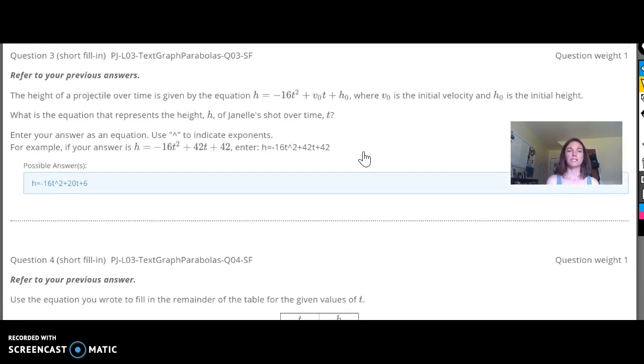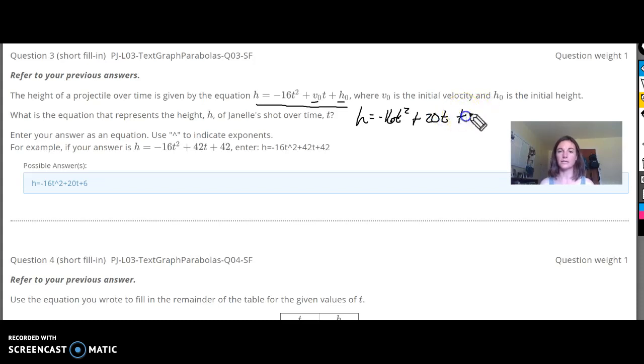All right, the height of a projectile over time is given by the standard equation. You will see this again. The standard equation, h equals negative 16t squared plus v naught t plus h naught, where v naught is the initial velocity and h naught is the initial height. What is the equation that represents the height h of Janelle's shot over time? So this equation is simply this, with the values that we just identified plugged in for V naught and H naught. So H equals negative 16t squared plus